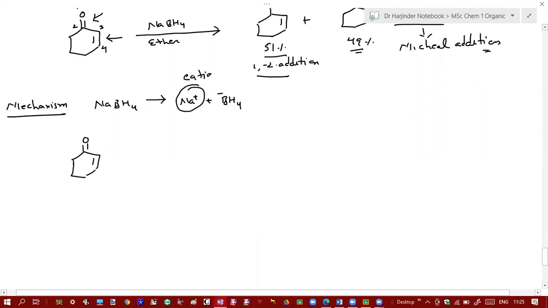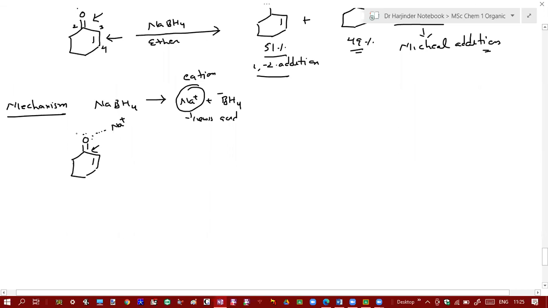We did not discuss this in detail earlier. The role of this cation is that it can bind with the oxygen, since over oxygen you have a lone pair of electrons and this is a Lewis acid, it can accept a pair of electrons, so it will interact with this oxygen. And if lithium is there, it can also interact with this oxygen. So when it interacts with this oxygen, what will happen to this carbon? Its electron deficiency will increase or decrease? It will increase, and its reactivity will increase.